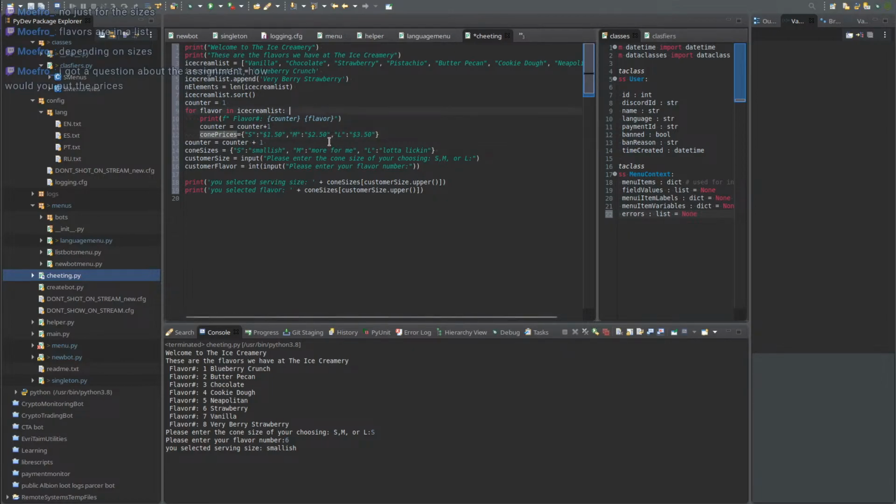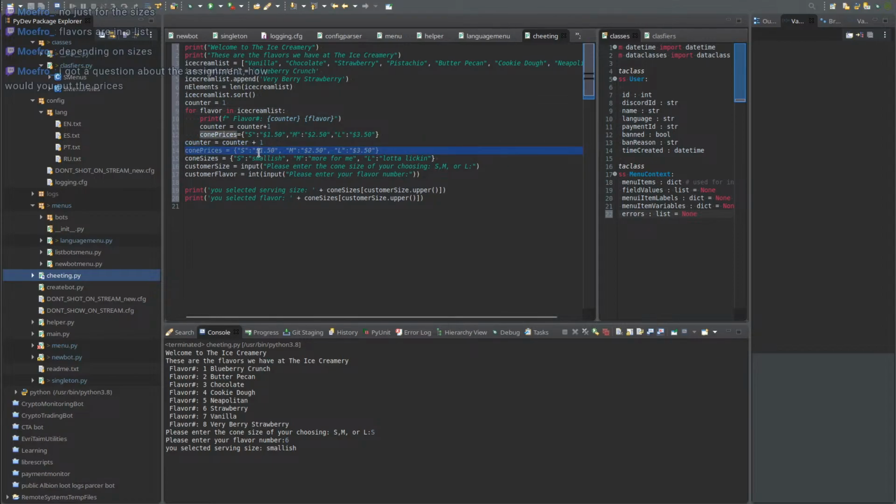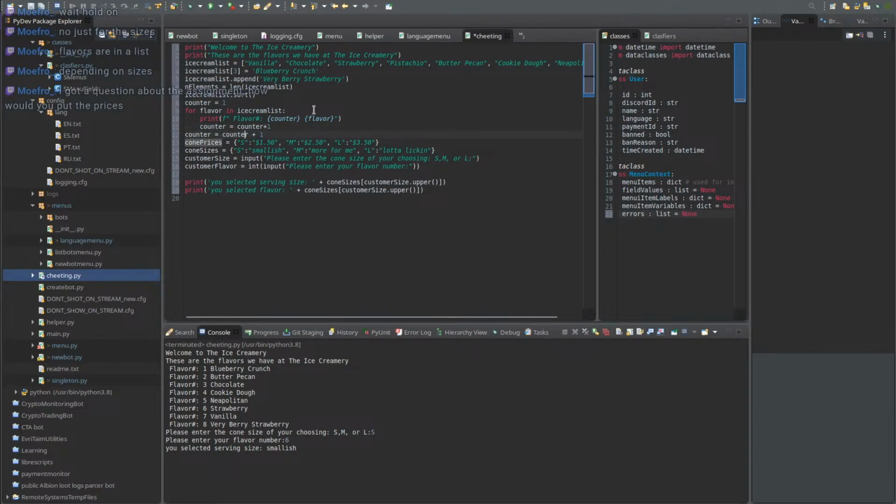No, just for a size, so you don't want each flavor to have different prices for different sizes? Because looking at this, I think that's what you were trying to do. But looking at this line, it seems you don't really care what flavor it is. All flavors cost the same. So that's the difference. If you want different prices for different flavors, well, I guess it assigns the same anyways, so I guess it doesn't make sense. Unless you would have to, well,